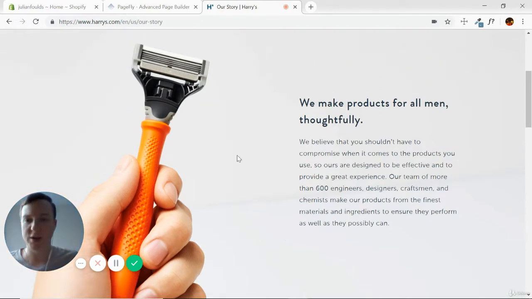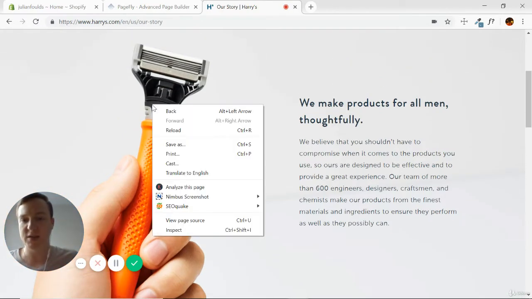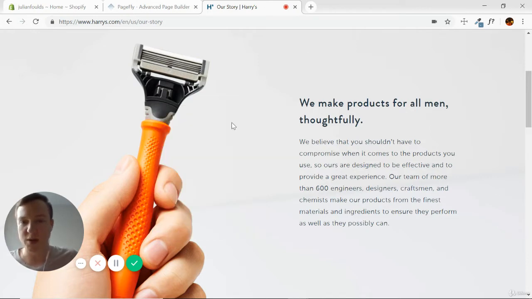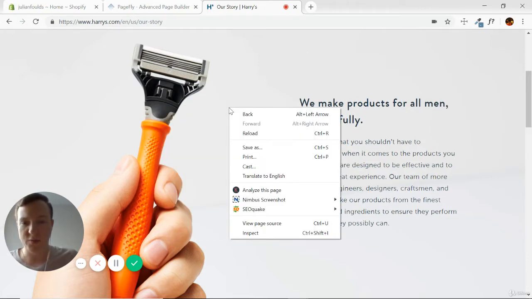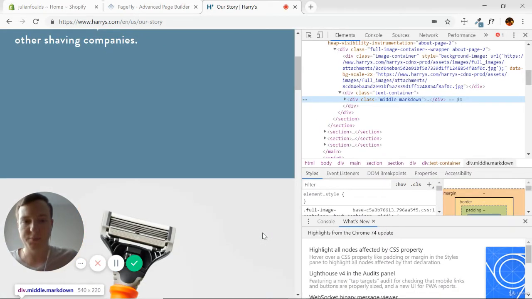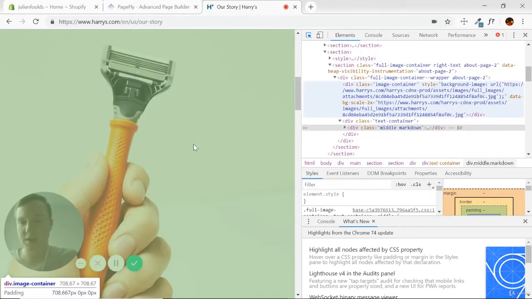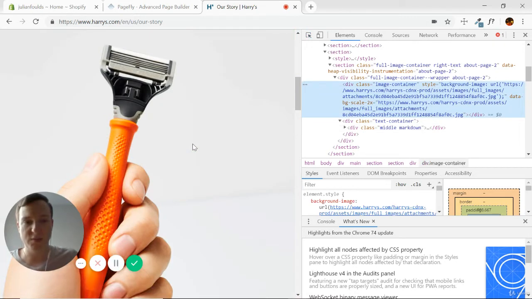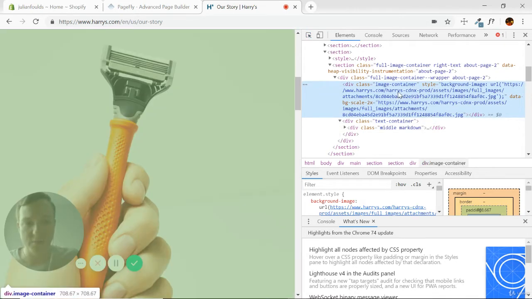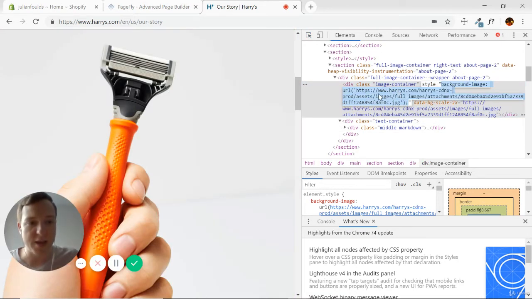For the next section, I'll show you a little trick on how to save images if they're like this. As you can see, I click here. I can't save the image as, but I can inspect it. So I'm going to right click, go down to inspect. Okay, then I can just do here, select an element by clicking on it, and I click on this background image, and I'll see a URL on the right here. If I double click that,